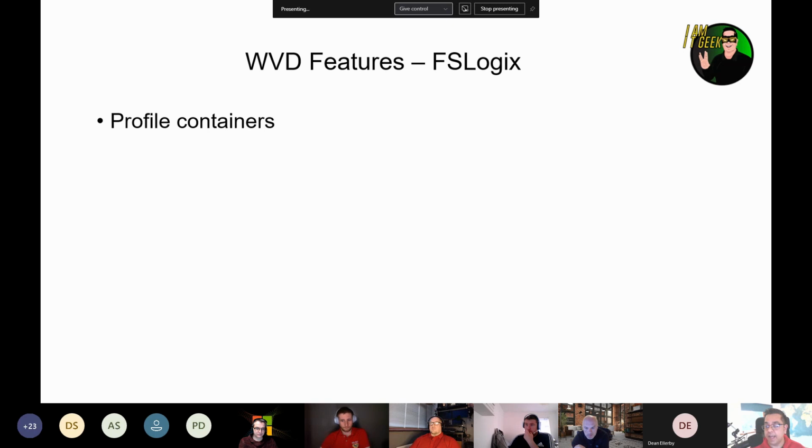So if you think of essentially what used to be roaming profiles in on-premises RDS, this essentially covers that off for Windows Virtual Desktop. As I mentioned, it's designed for roaming profiles in your remote computing environment. So I believe FSLogix does support stuff like RDS and Citrix and those other technologies, but it's quite prominent in Windows Virtual Desktop.